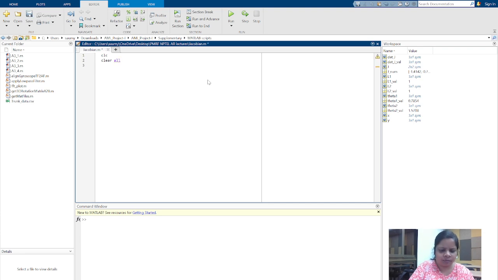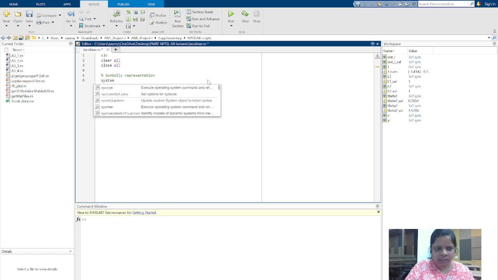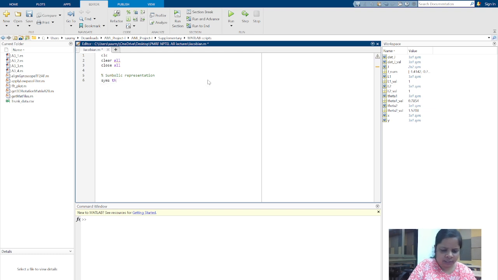Close all, to close any plot if it is already open. And then we'll use the symbolic toolbox. I'll comment the code also so that it will be helpful for you. Symbolic representation, and that is given by syms. Let's say we'll have angles,